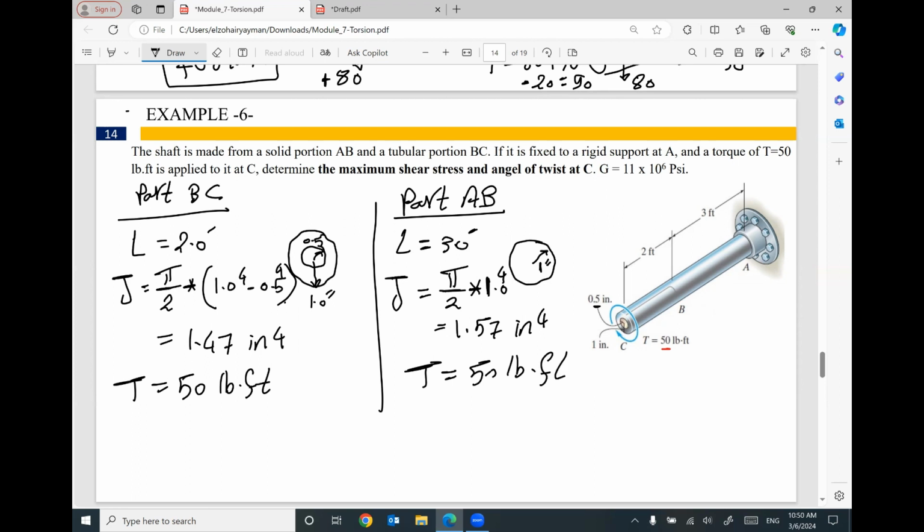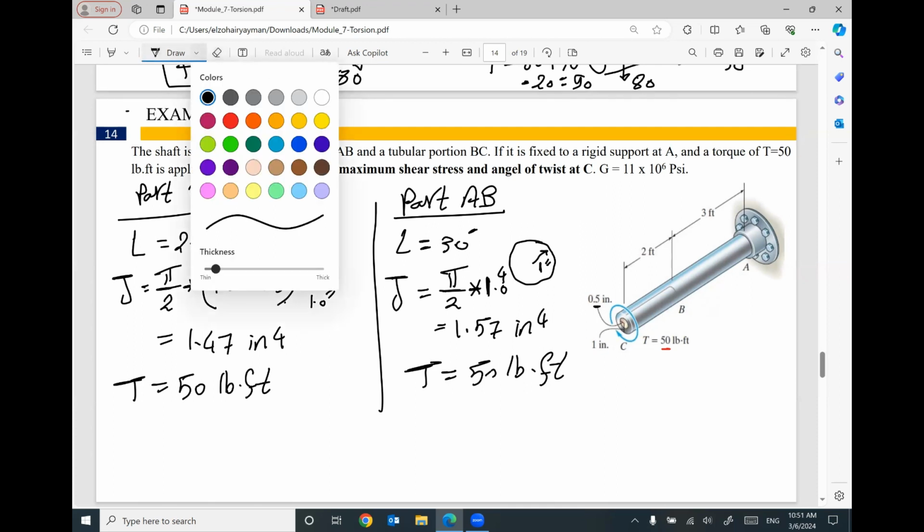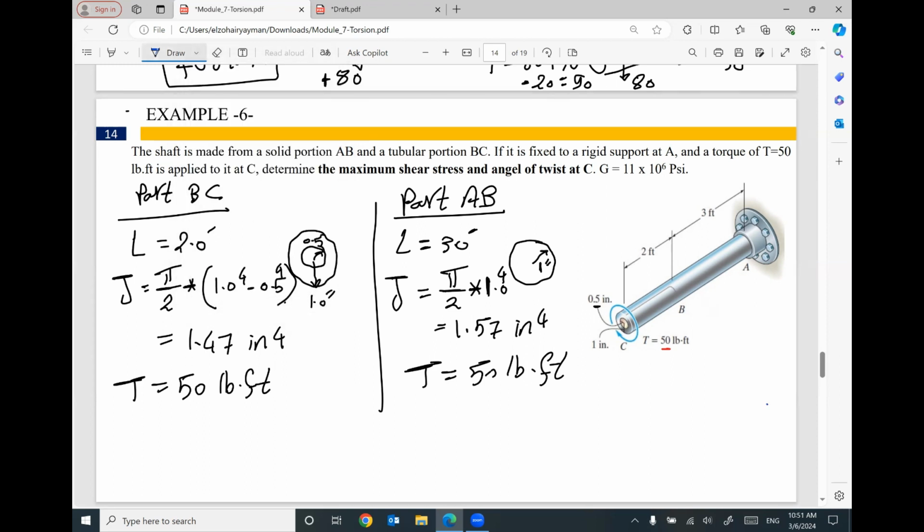No need to do any cut, because if you do cut here and use the left part, it will give you 50. If you did another cut here in the second part and you take the left part, it will give you also 50 pound-foot, because we have only one torque applied on this shaft. So I can say the angle of twist